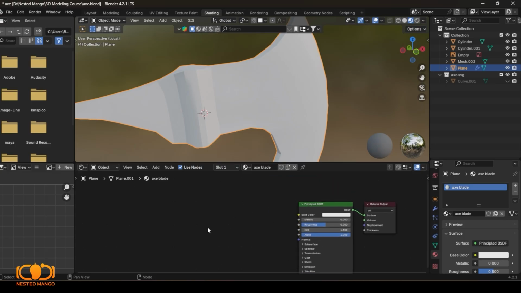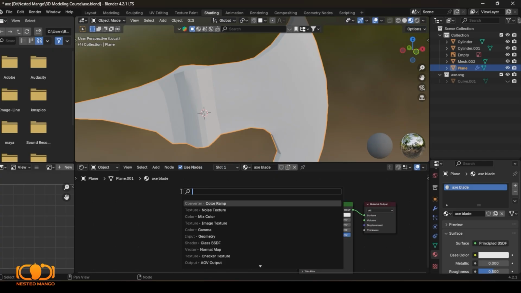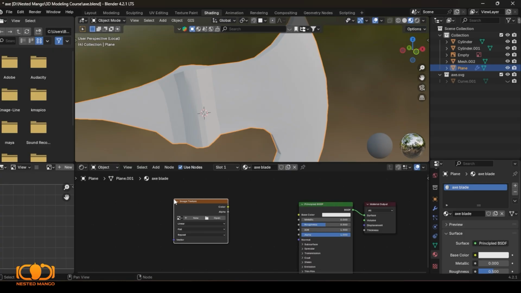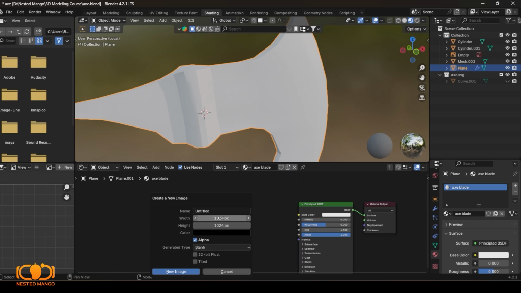and I will add an image texture node by pressing Shift A on my keyboard. Shift A. It will pop up a menu over here, and I will search image texture. Okay. And then click new and